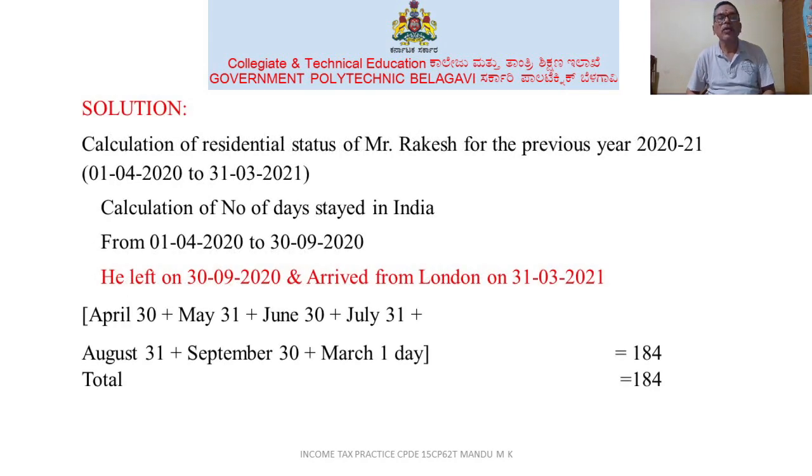Solution. Calculation of residential status of Mr. Rakesh for the previous year 2020-21, that is 1st of April 2020 to 31st of March 2021. Calculation of number of days stayed in India from 1st April 2020 to 30/9/2020. He left on 30/9/2020 and arrived from London on 31/3/2021. Hence, April